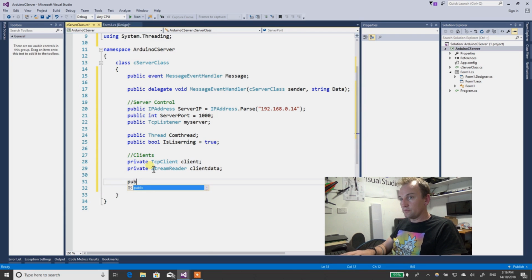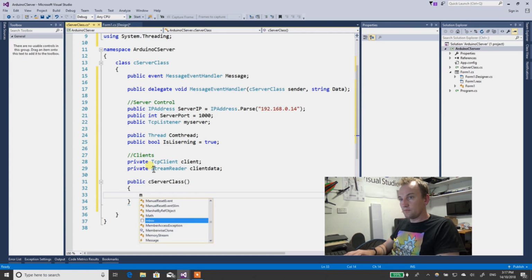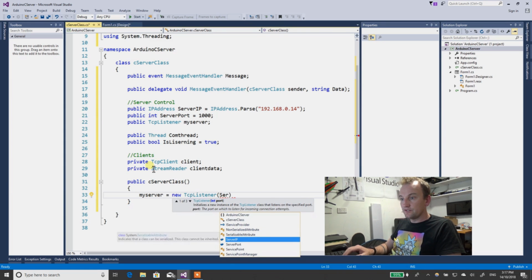Alright, so now we're going to do public C server class. Alright, so we've got my server equals new TCP listener server IP